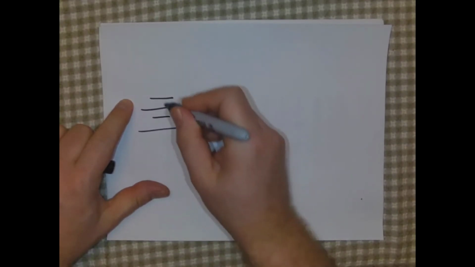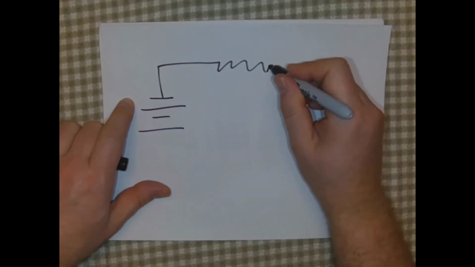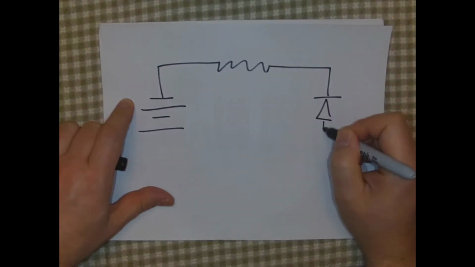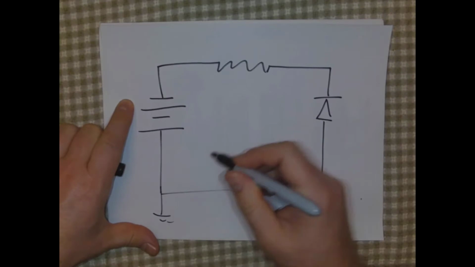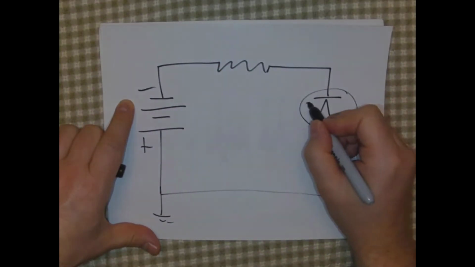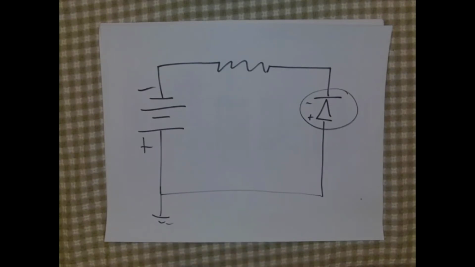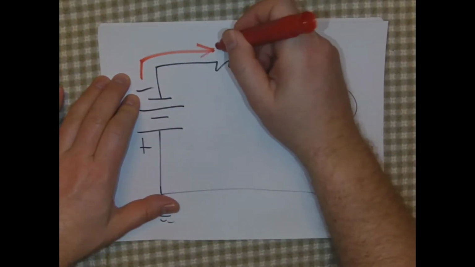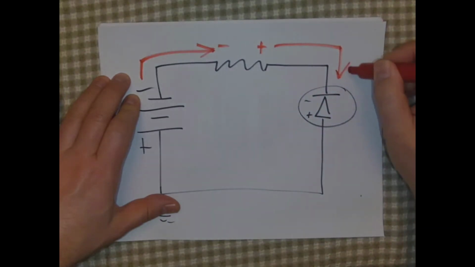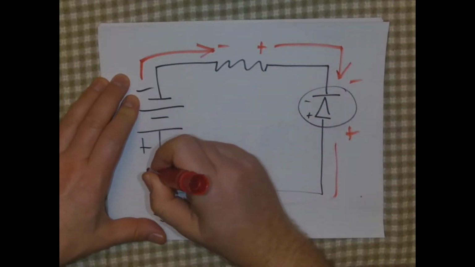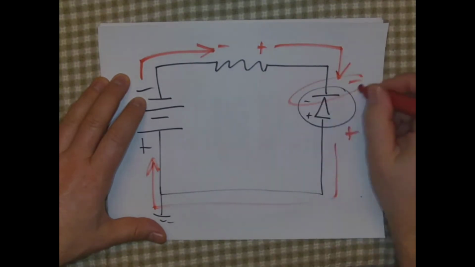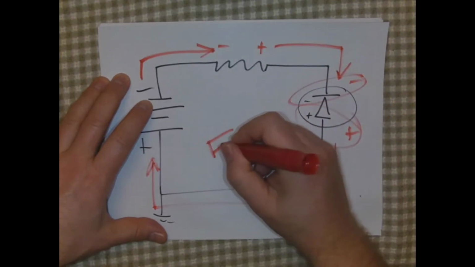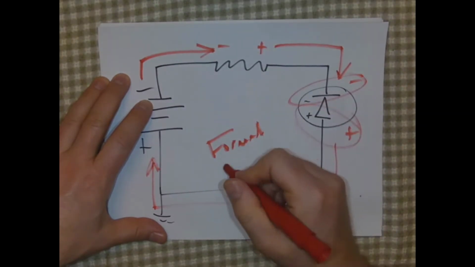Okay? If I take and put the battery upside down, keeping the same circuit, now what I need to try to figure out is what way is my current flowing. We know that it's going to go in the opposite direction. So negative, positive, negative, positive. Okay. Now I know that my signs match this time. That means I have a forward go